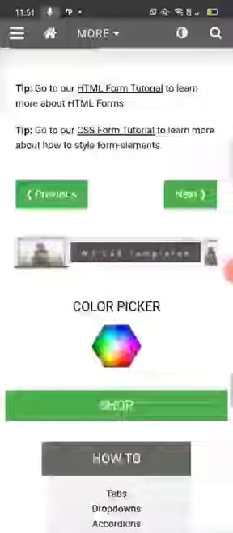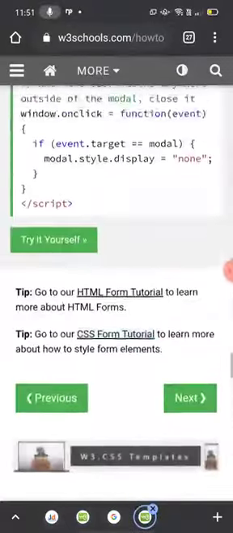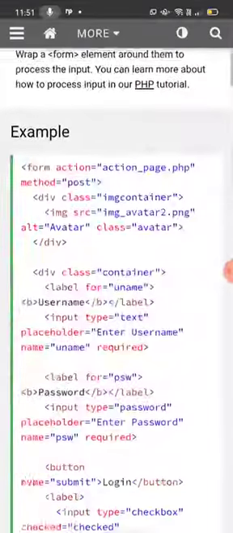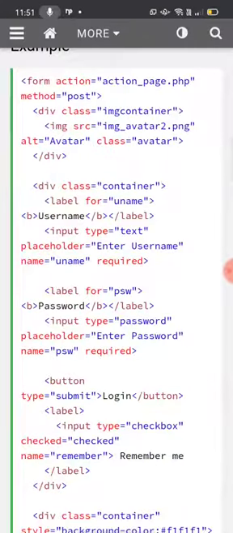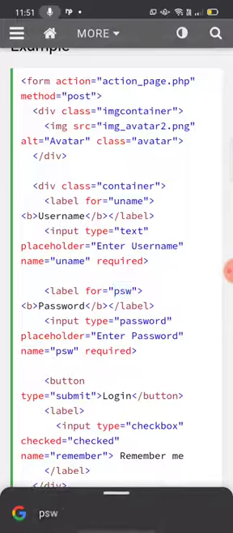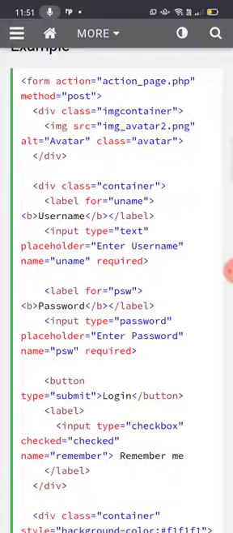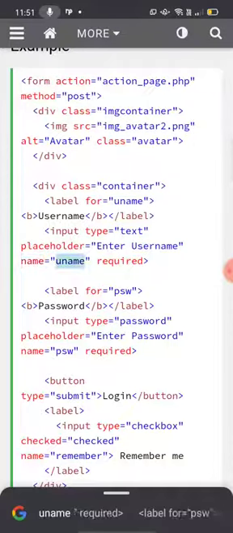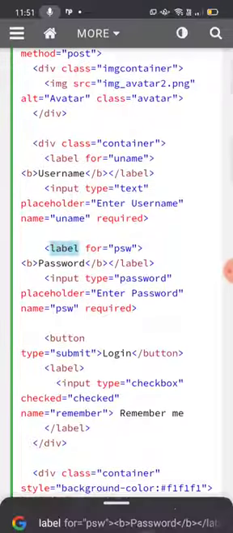In this form, you can see over here, your form is given. I will show you the form. Wait, first see the example. Okay, now input type is equal to text, which will be your text box. Okay, placeholder, enter username, name will be uname, is required over here.